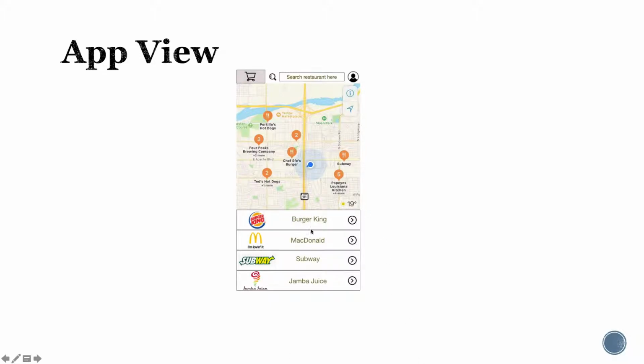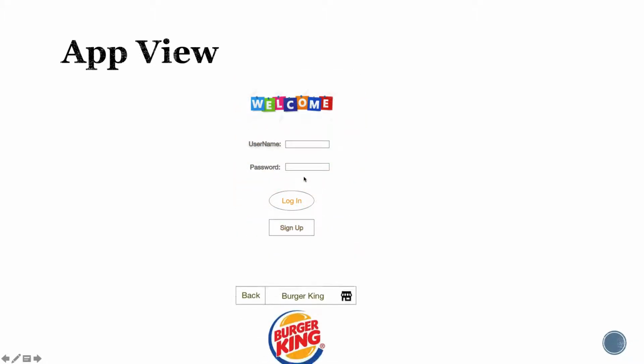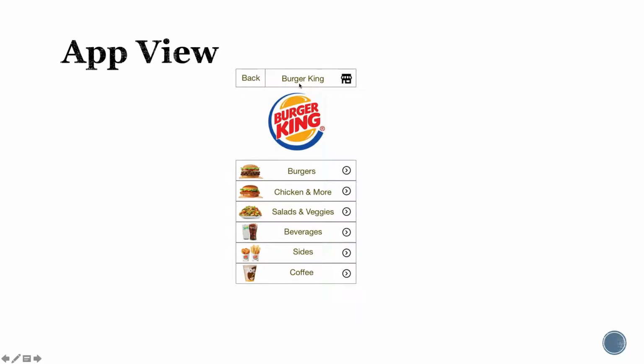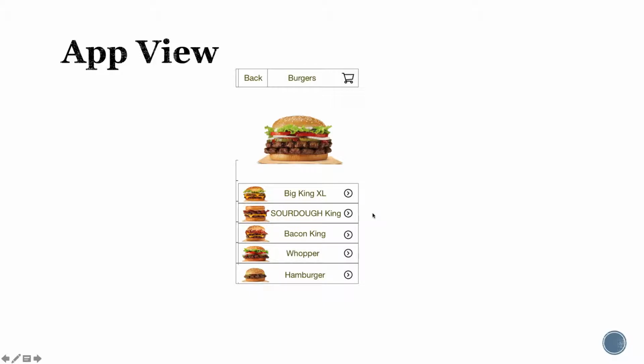And there is a table view here. In the table view, it will list all the restaurants nearby for you to select the restaurant you like. And then once you select a restaurant like Burger King, you will go to the restaurant view. In the restaurant view, you can select what kind of food you want, what type of food like burger or beverage, side or coffee. And then suppose you select the burgers, it will take you to the meal views, in which you can select what kind of burgers you want,